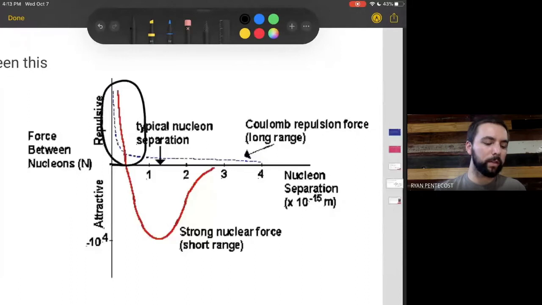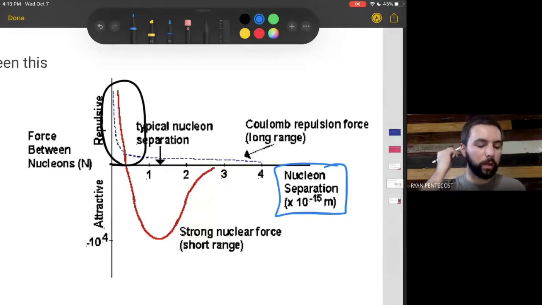But this, on the x-axis, is the nucleon separation. Nucleons are usually separated about here, a little bit over 1 times 10 to the negative 15th meter. So in this range is the typical point where protons and neutrons, or protons and protons, are near each other. If things get really, really close, they get really repulsive, but they're usually not